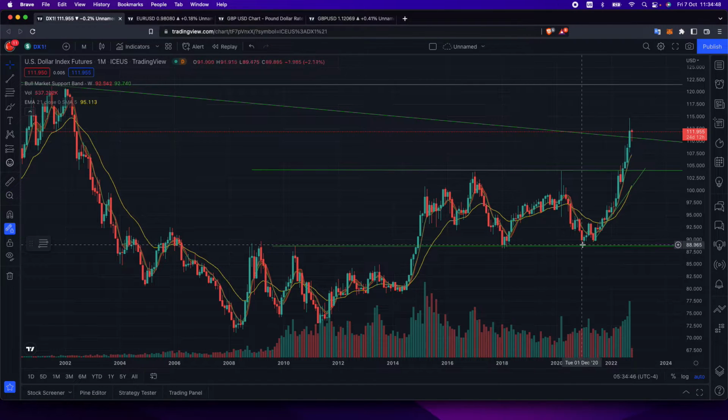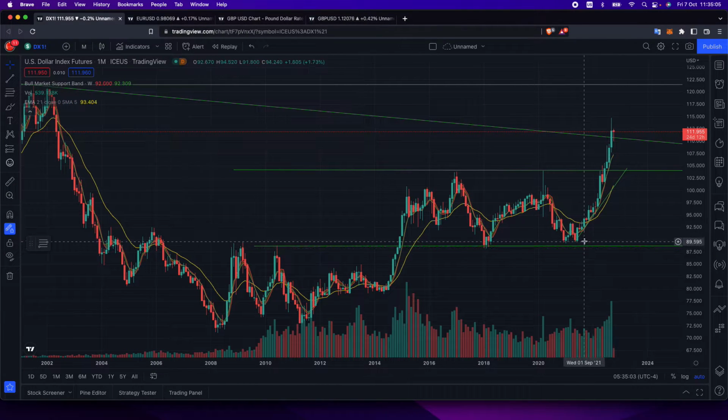And what do you know? It coincided exactly with the previous bottom of the DXY. So this is a very important chart to look at because this will tell you when is a good time. I would say that whenever the DXY is reaching a previous point of support, this is where you would want to take profits. And then when it's going in a parabolic run like it has been since then,